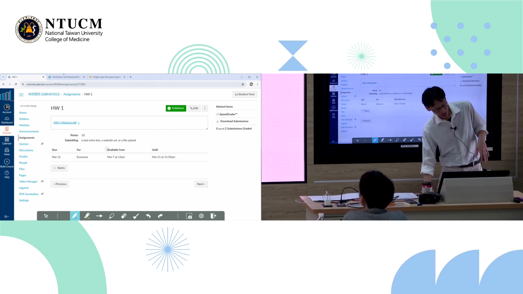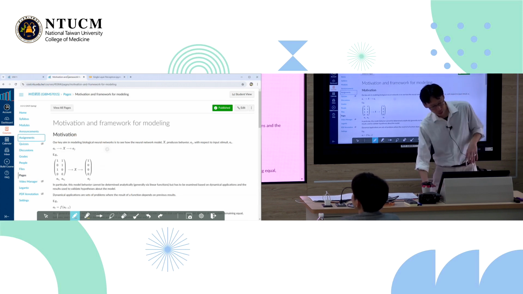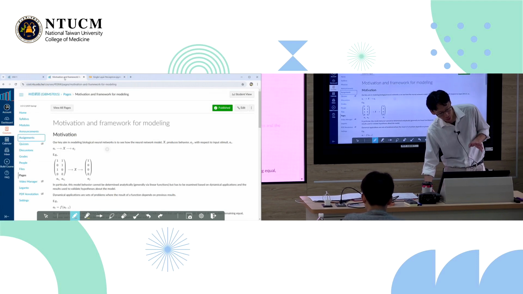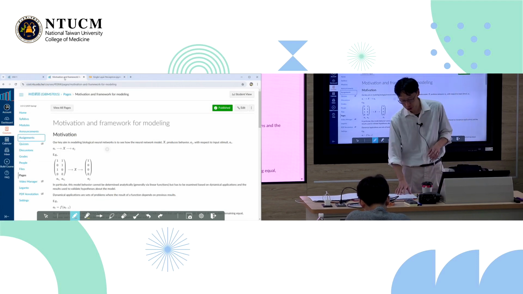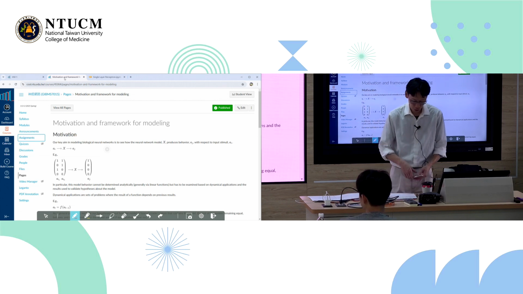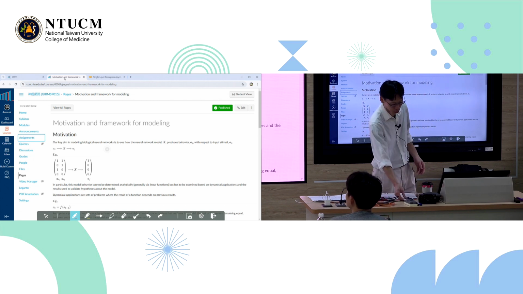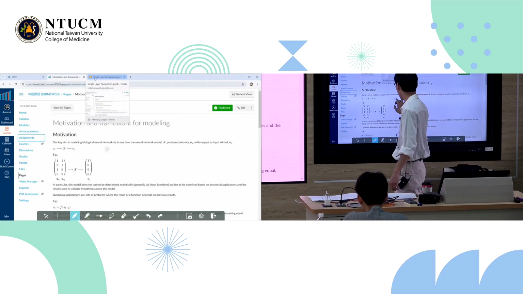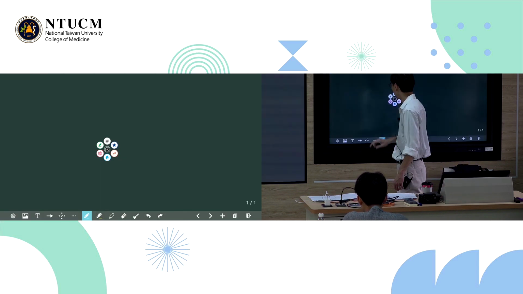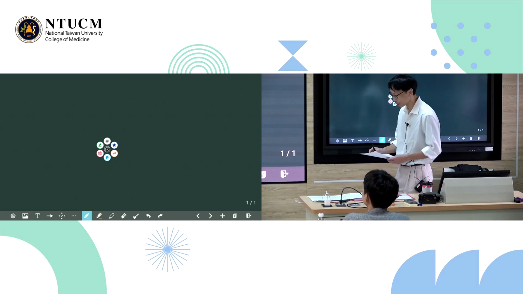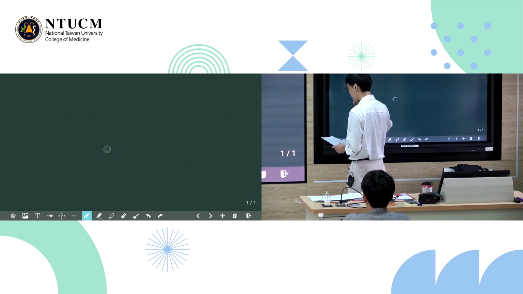All right? Okay, so today we're going to talk about single layer perceptrons. This is the key topic for today. But I'd like to quickly rehash and remind everyone about the motivation of why we do neural networks, and then the single layer perceptron will make a little bit better sense. So let's go through some theory a little bit, just to refresh our memories. I sort of talked about this in the first class.